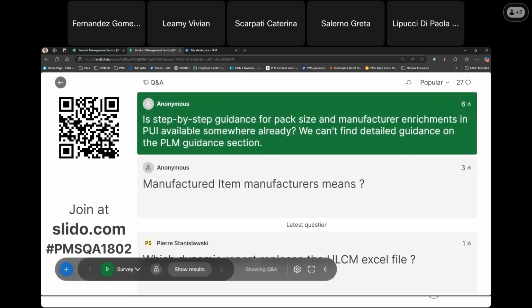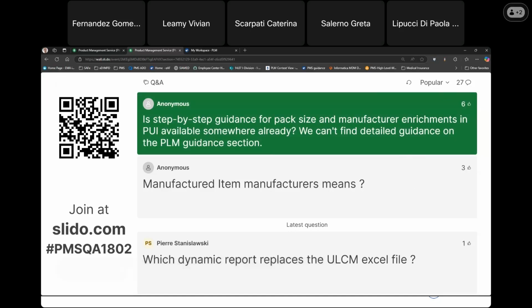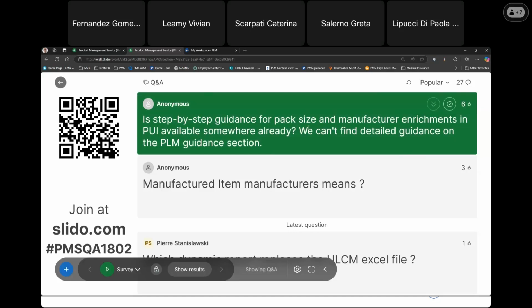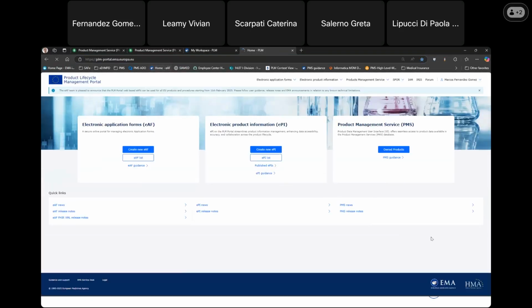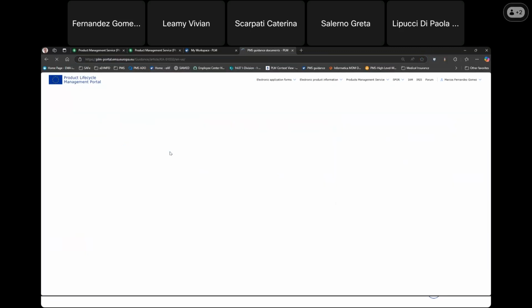In the step-by-step guidance for pack size and manufacturing enrichment in product UI, is this pack size and manufacturing enrichment guidance available somewhere already? We can find detailed guidance on the PLM guidance section. So yes, let me show you. If you go to the PLM portal and you go to this section here, PMS guidance,